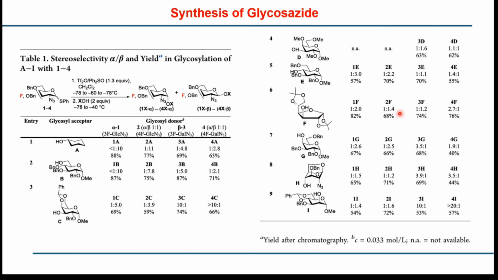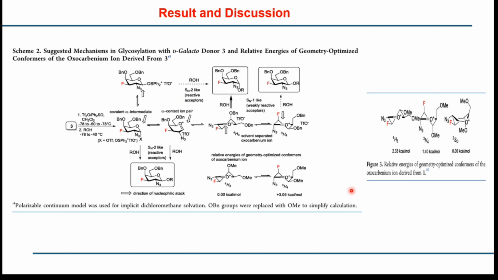But coming down to C5 5, 6, 7, 5, 6, since these are axial and the furanose sugar, these are least reactive, so there is no selectivity in the outcome of the product. But in case of 7, 8, 9, the alpha is more. Alpha will form more when the intermediate will get attacked by either this intermediate.